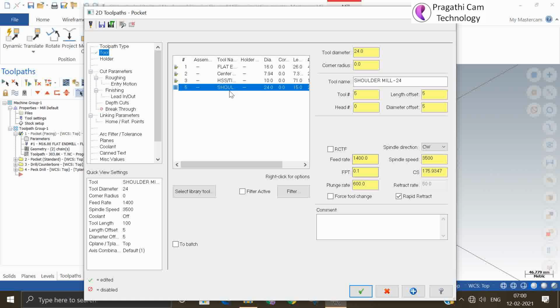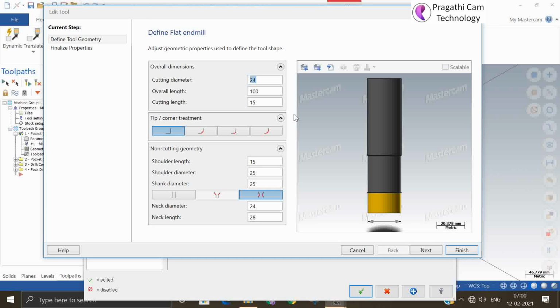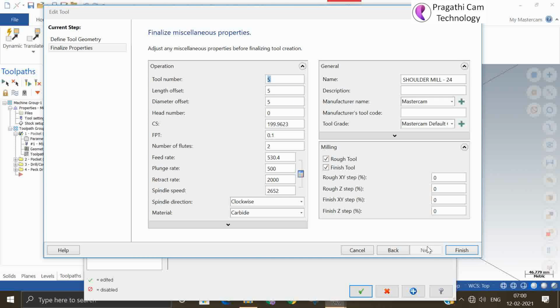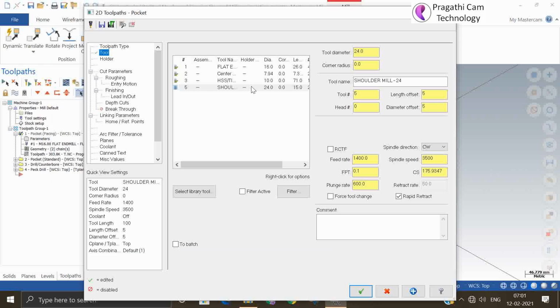The advantage is that whatever feed rate and spindle speed you have given here and saved, when you select the tool from your library, all the details are directly loaded in all the fields.